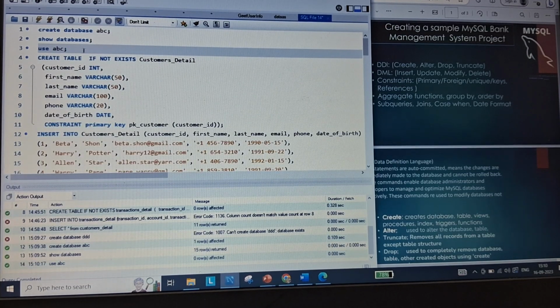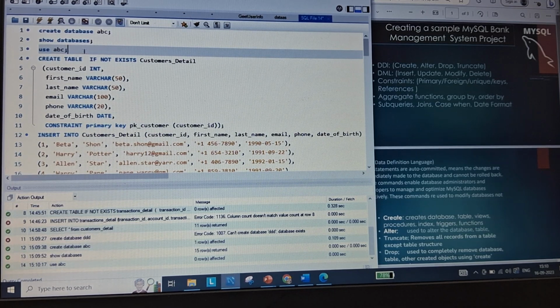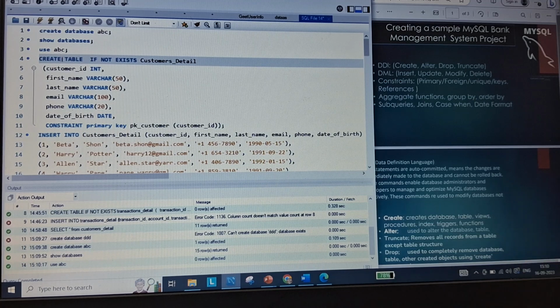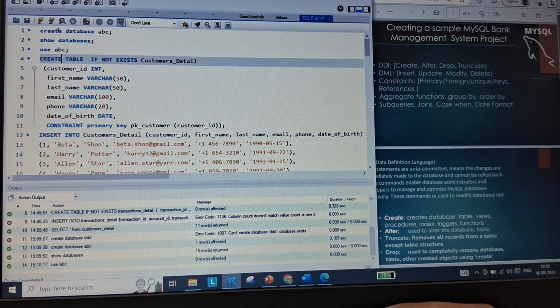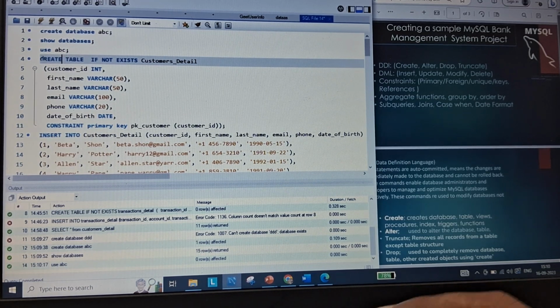So now we are in the database ABC, and anything we create or make any changes to will be done inside the database ABC. So let's create our table. As you can see, create is the statement that is used for making anything here in MySQL. First we create a database with the create command. Now we are creating a table with the help of the create command.